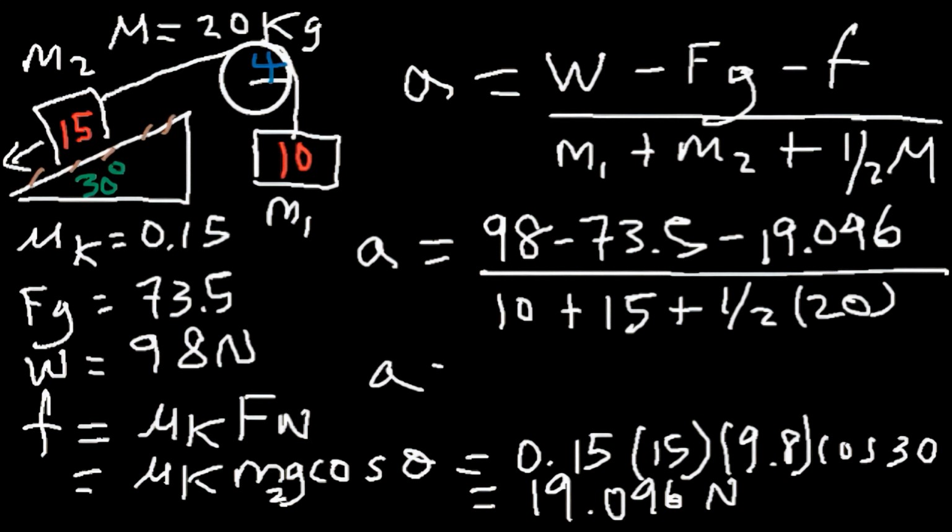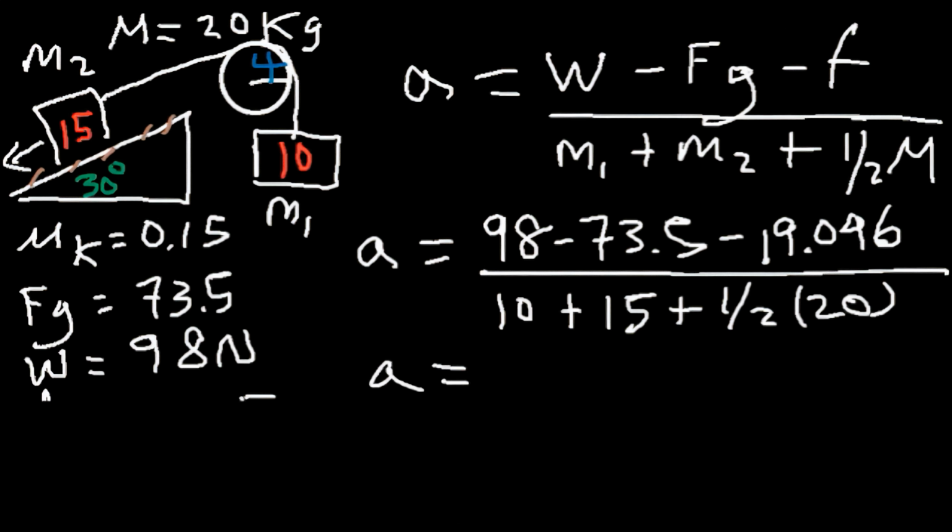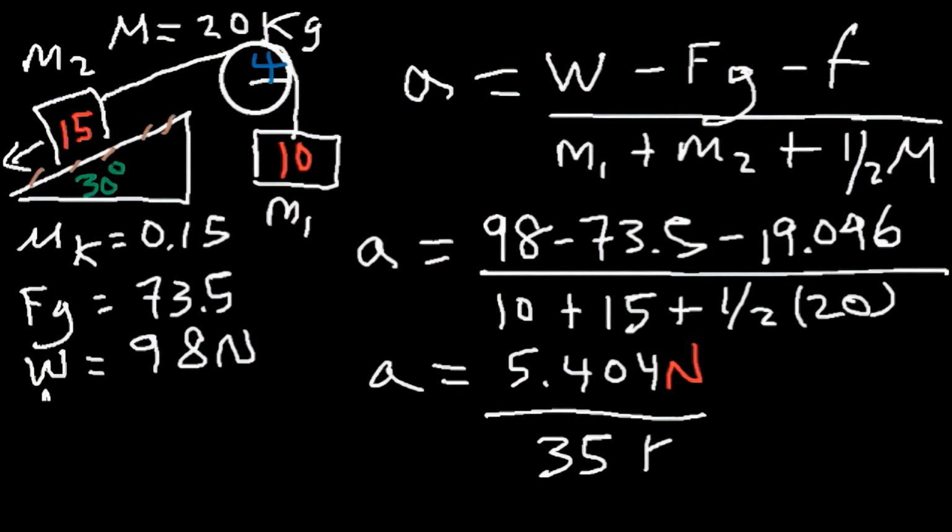So the net force in the direction of motion, I should say, is 5.404 newtons, and the total mass is 10 plus 15 plus another 10, which is 35 kilograms. So force over mass will give you the acceleration, and that's going to be 0.1544